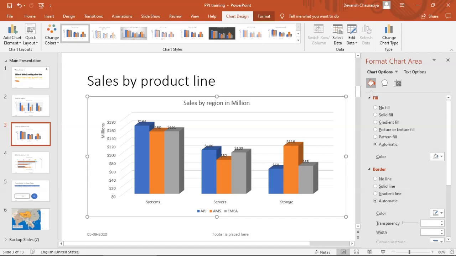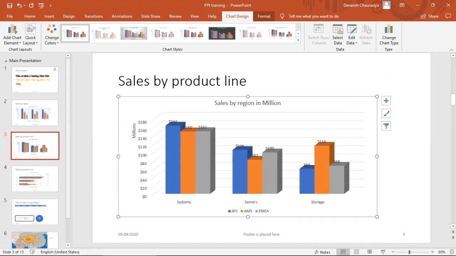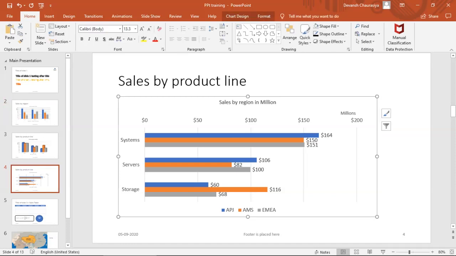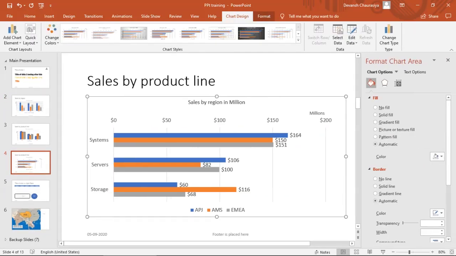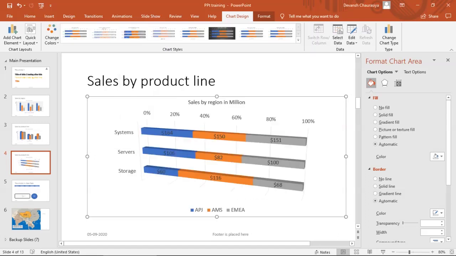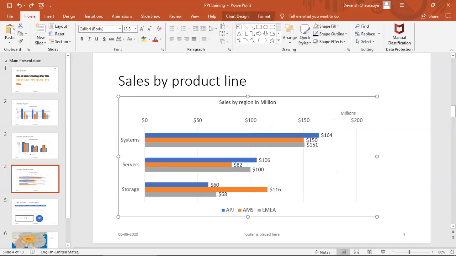And now let us say a similar thing we can do in the bar chart also. I can double click, go to chart type and make it 3D. We don't require it. I do Control Z.